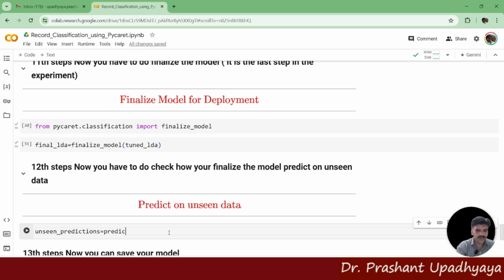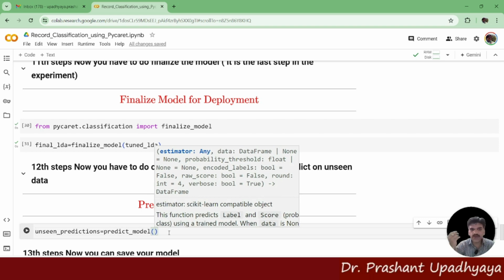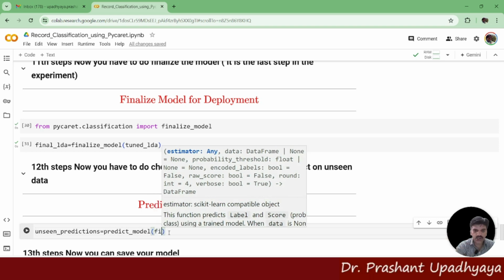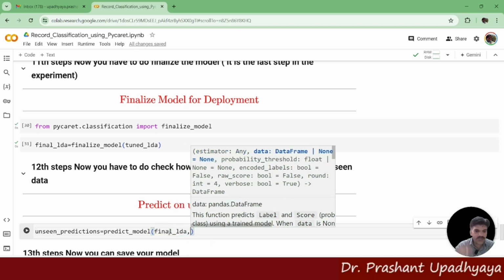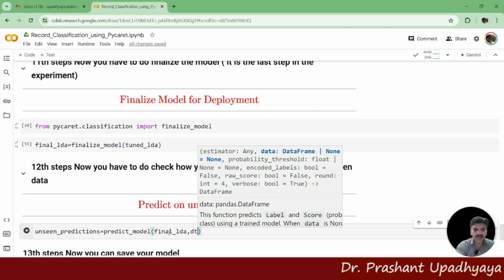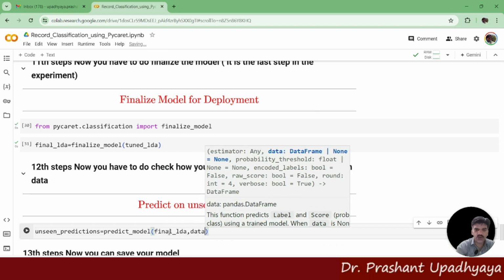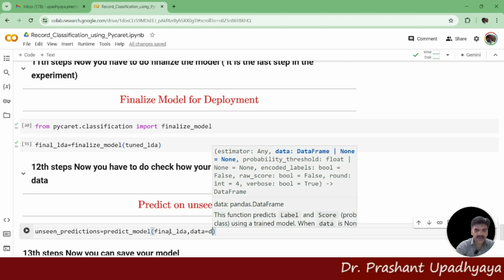Okay, predict_model, and here I have to give which model I have to use. I have to use my final LDA model. So I will be writing final_LDA, and which data I have to use? I have to use my unseen data. So I will be passing data equal to my data